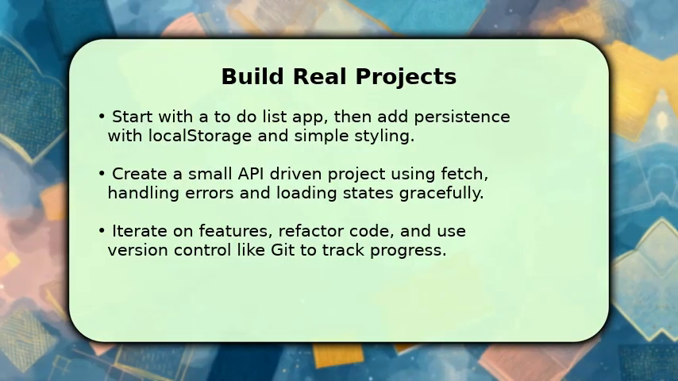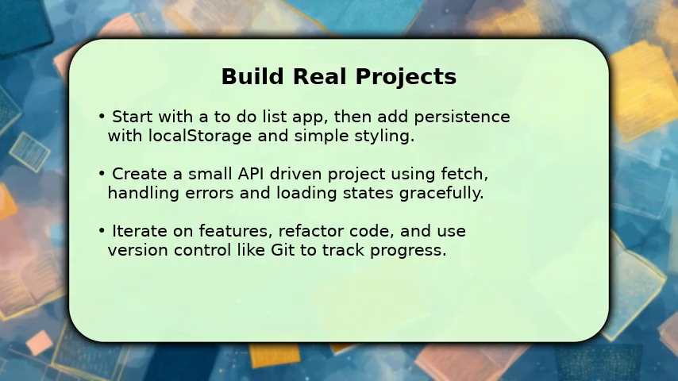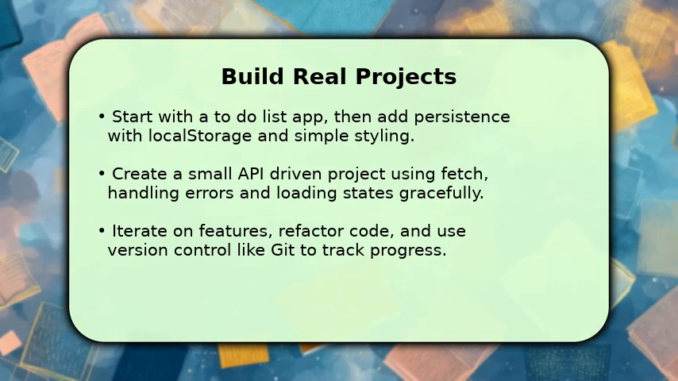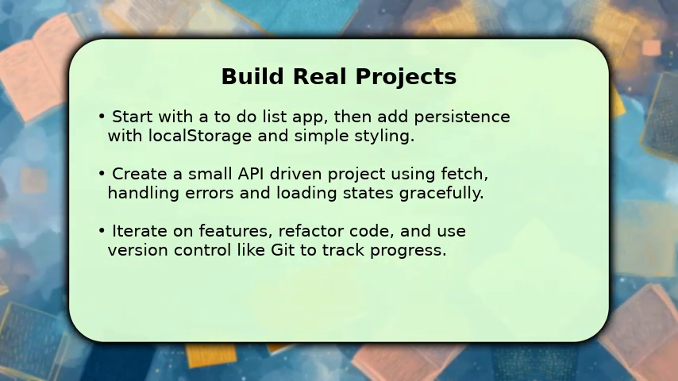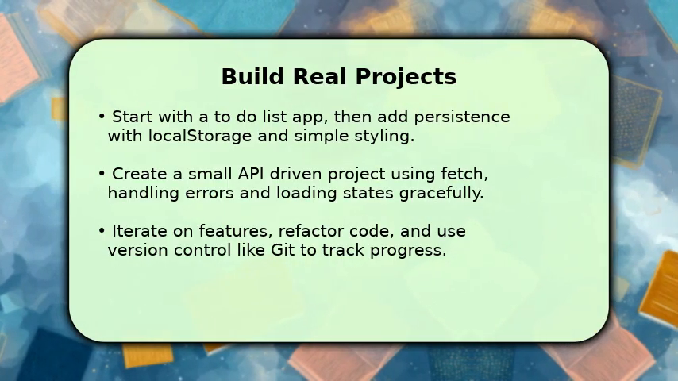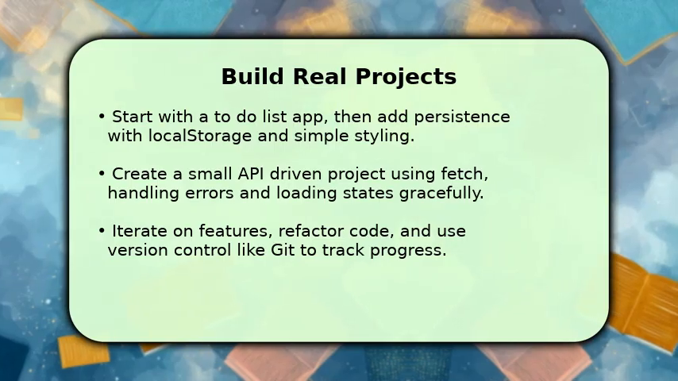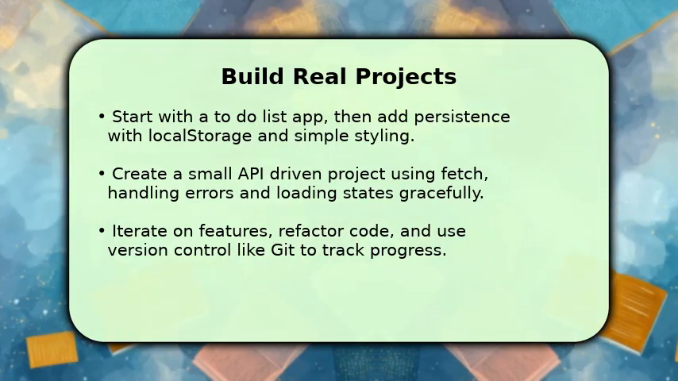Begin building small projects like a to-do list and a weather app using Fetch for API calls. Add persistence, handle loading and error states, and style components simply to improve UX. Refactor often, use Git for version control, and gradually increase project scope to transform concepts into practical skills you can